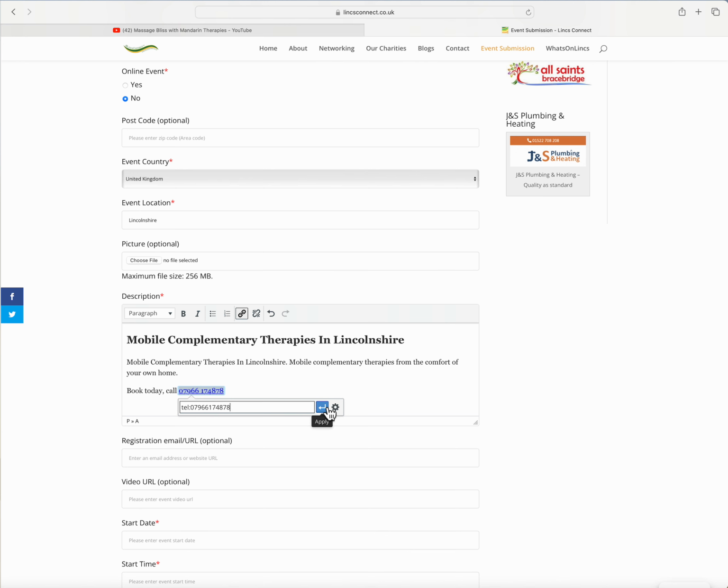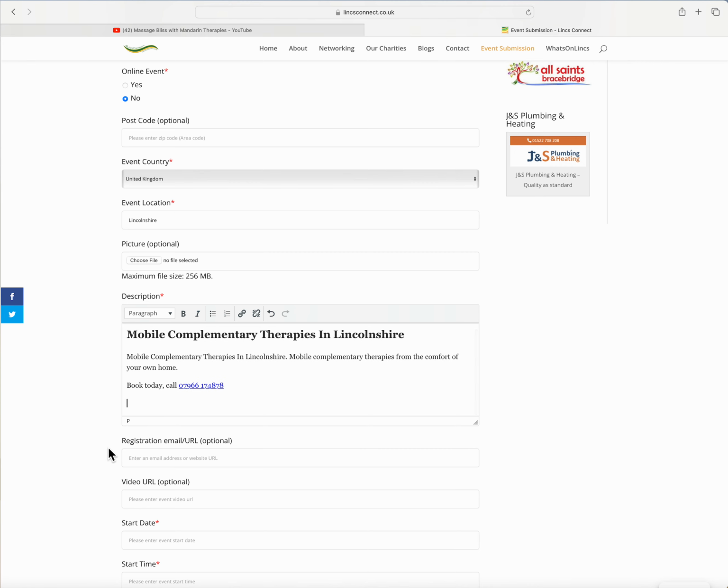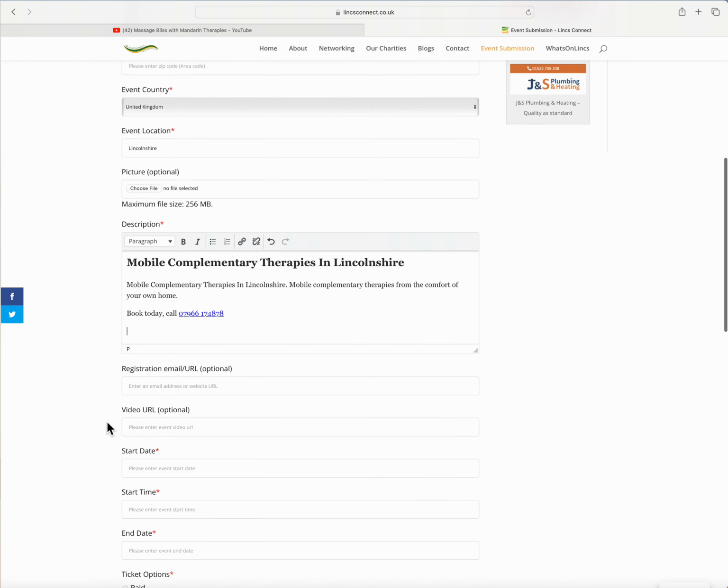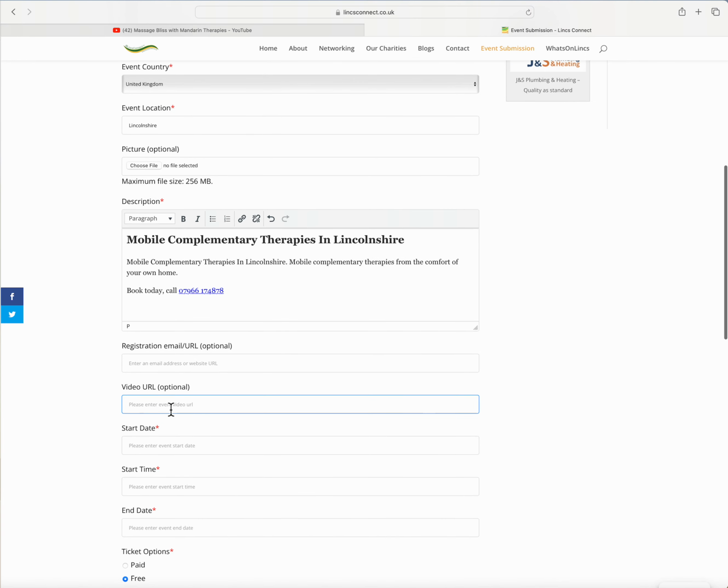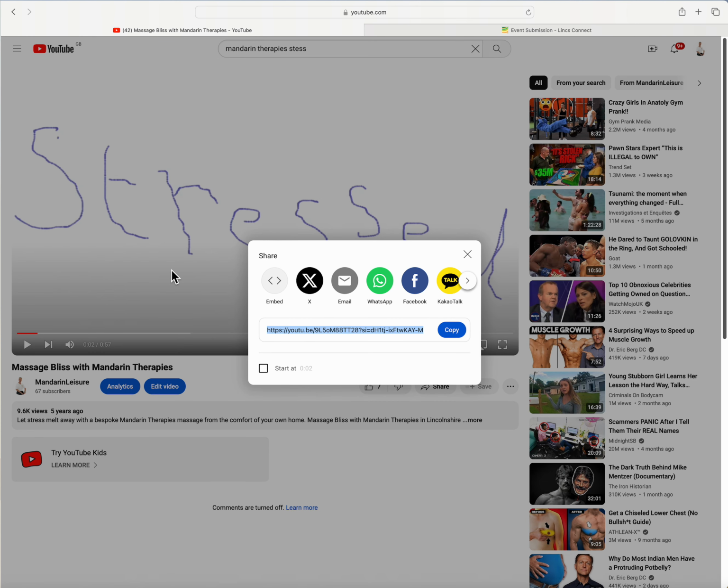And then this return button here, and you'll see that's highlighted in blue and it's ready to go. I don't need anyone to register for this, it's not an event. I can add in a video, so I'm going to do that. Here's one that I've got on my YouTube channel, so I go to that one, here it is here. So all I do now is just copy that link,